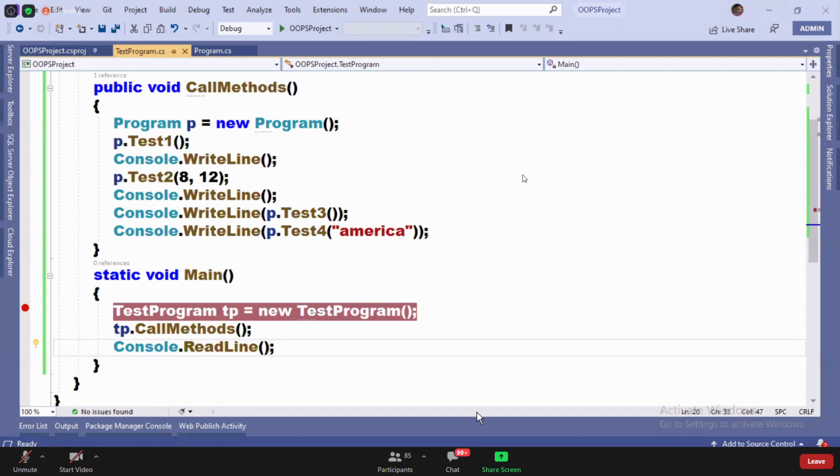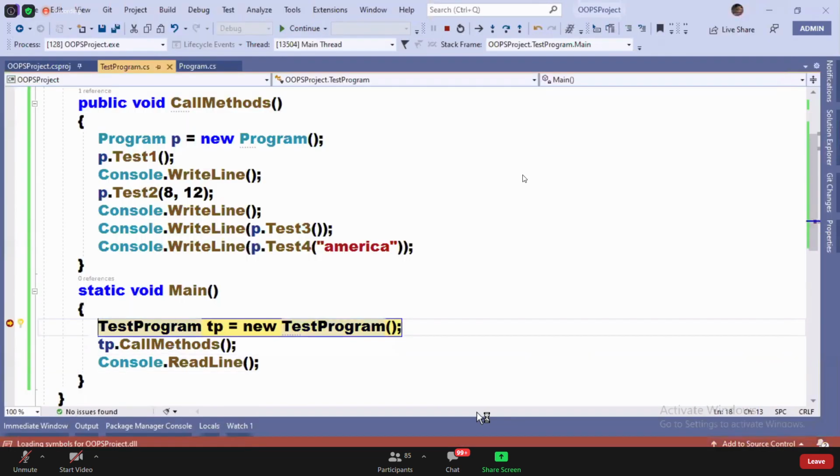To watch that, run the program, guys. How? Hit F5 and run the program. Execution stops on that line. Why is execution stopping on that line? Because there is a breakpoint created. Are you guys clear?